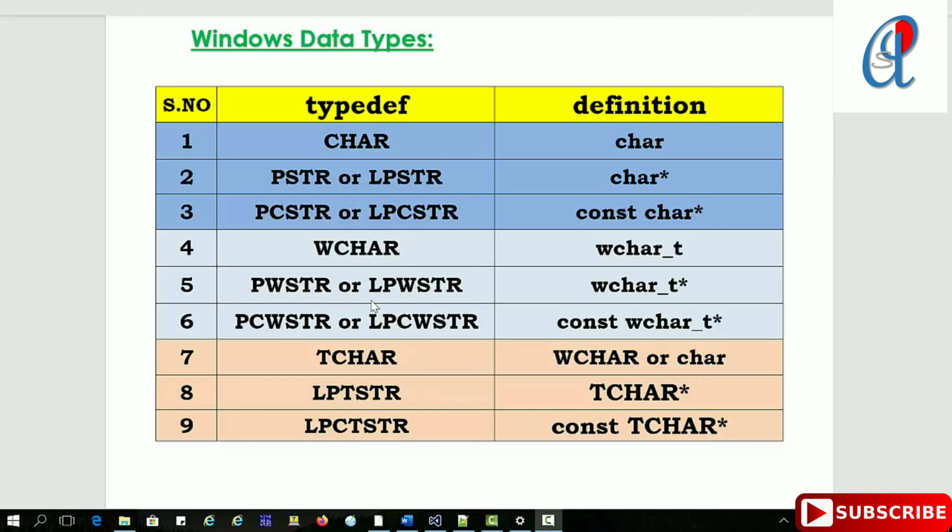LPTSTR. Just remember here LPC denotes constant, T denotes TCHAR, and CT denotes constant TCHAR string, and it is mapped to constant TCHAR, and TCHAR is mapped to either wchar_t or char.